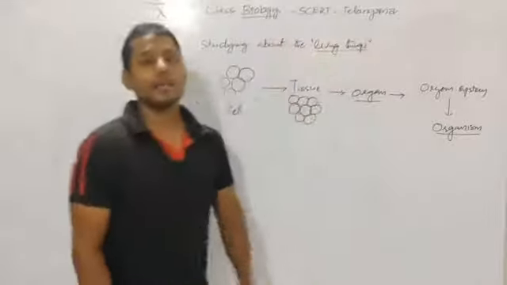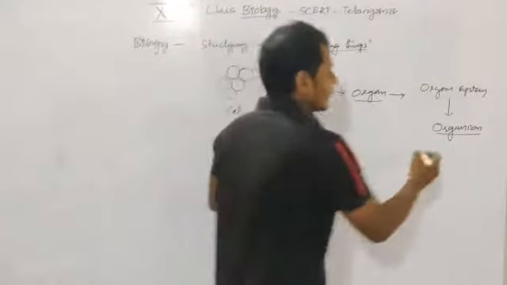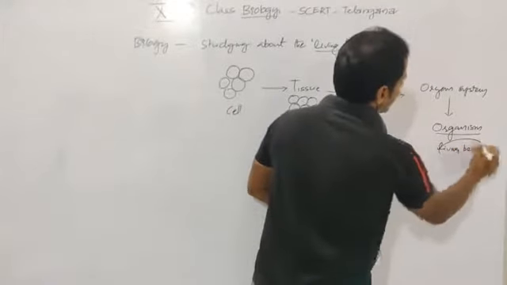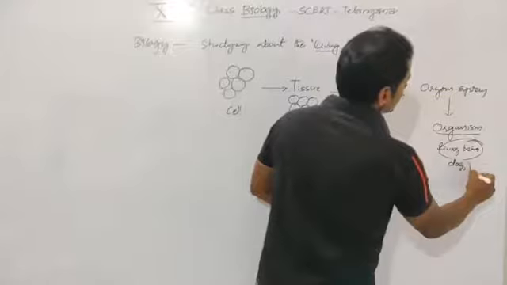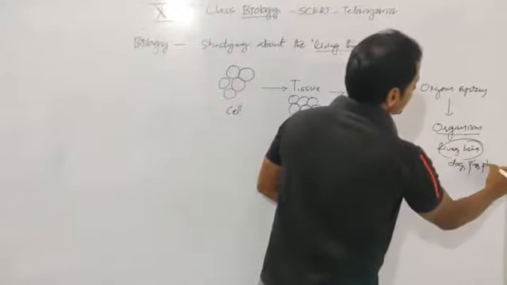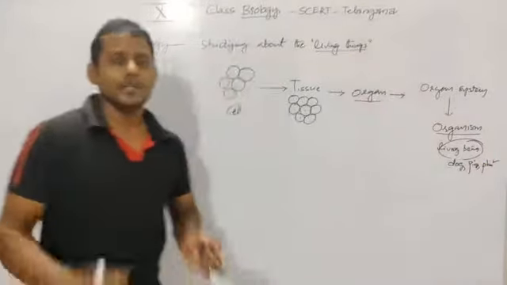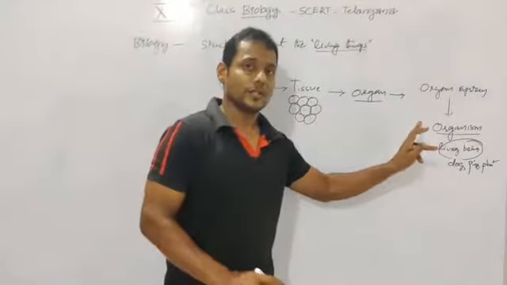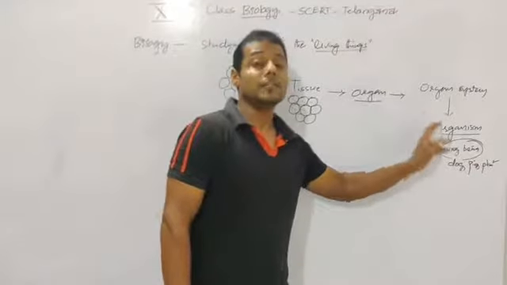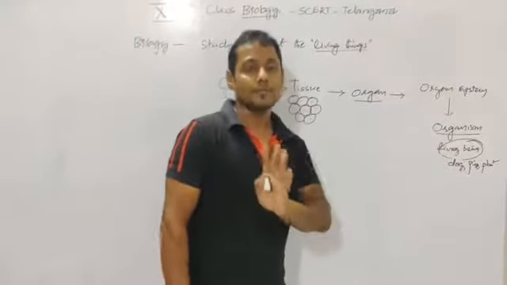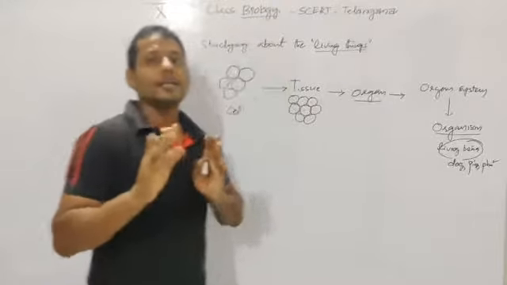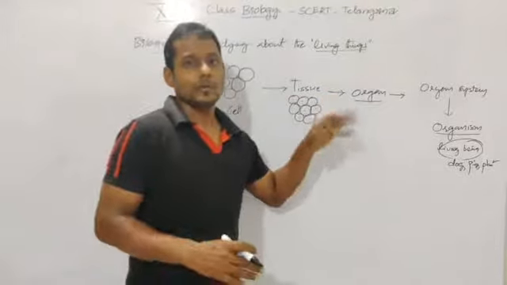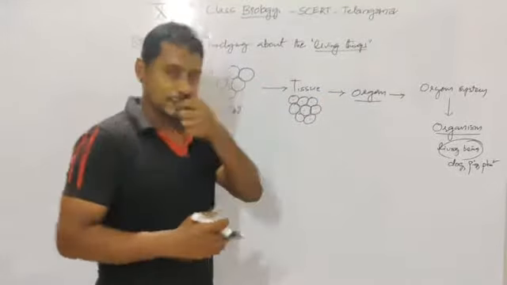Do you know what an organism is? Organism means any living being. For example, it could be a dog, a pig, a plant, or an insect, whatever it may be. Anything which has life is known as an organism, mind it, because we are going to use this term plenty of times. Organism is nothing but a living being. If you know these basic things, we are going to learn the further things, isn't it?